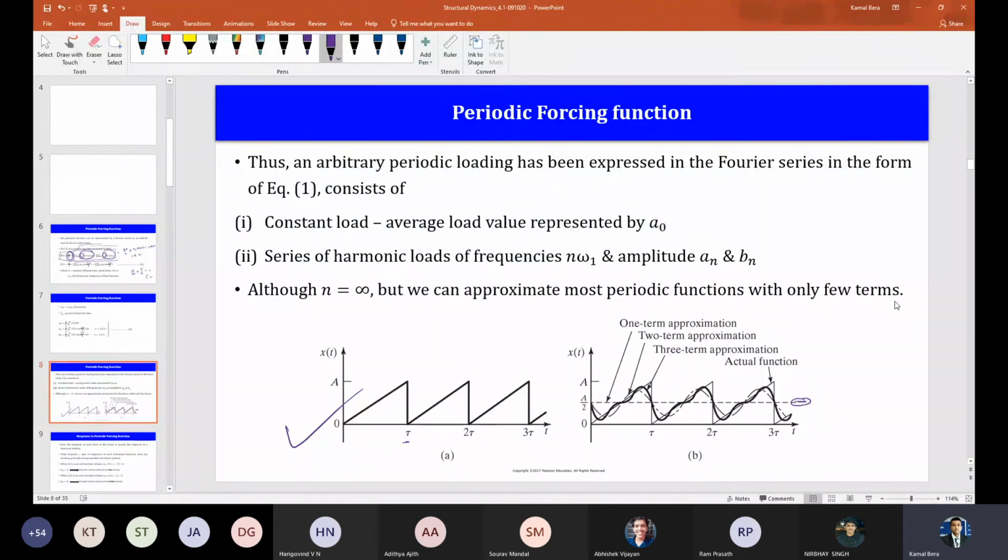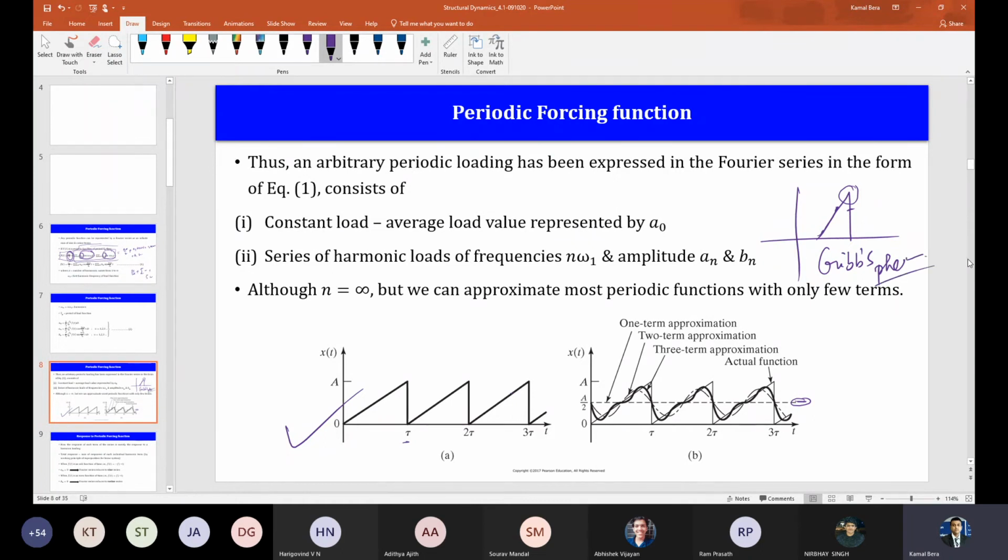But there is some distinct issue. Say this is your function. Where there is a discontinuity or sudden change, with the increase of terms you will properly approximate the function in the other regions, but in this region there will be some difference no matter how many terms you consider. This anomaly is called the Gibbs phenomenon. Just remember the terminology, no need to go into it.